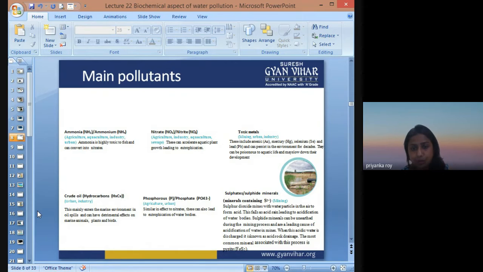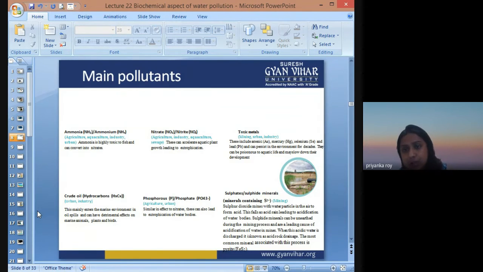It is very toxic to that. Then, when the ammonia is converted into nitrates, what happens is, agriculture, it is again coming from the sources, it can accelerate aquatic plant growth, leading to eutrophication. We are going to talk about what is eutrophication. Okay, so what will happen is, it will lead to a sudden aquatic plant growth over the surface,